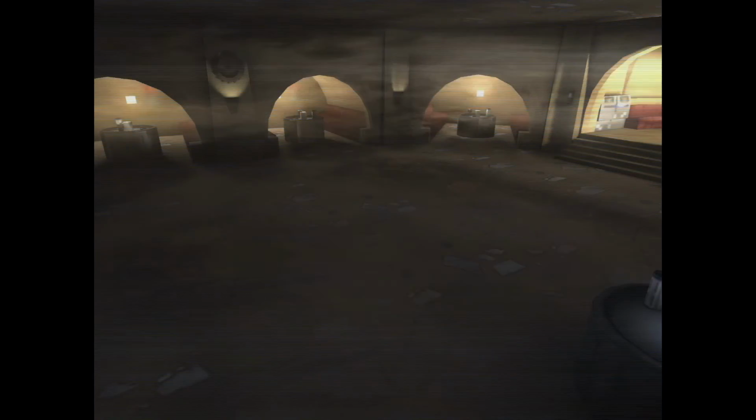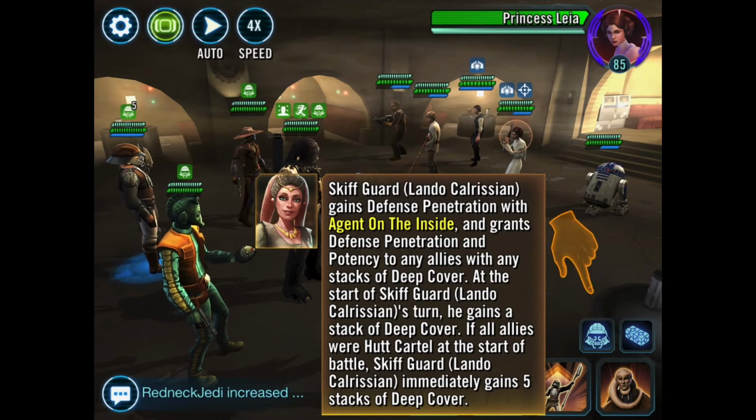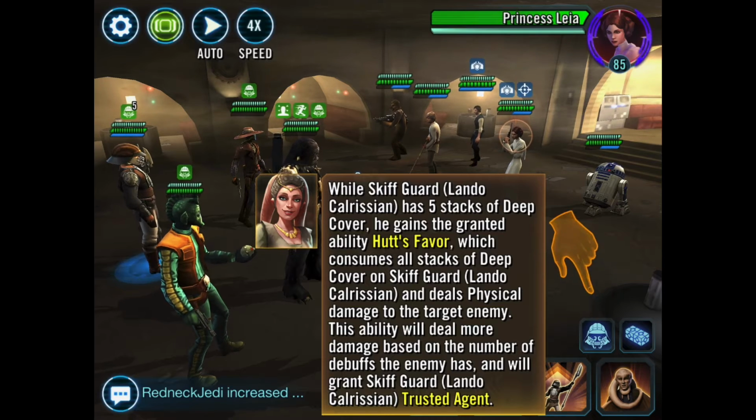You do get good goodies from it, but it's not something I focus on an awful lot. I'm always a little more excited if they're based in Arena. Anyway, Agent on the Inside grants defense penetration and potency to allies with stacks of Deep Cover. He gains stacks of Deep Cover if all allies are Hutt Cartel. When Skiff Guard Lando has 5 stacks of Deep Cover, he gains the granted ability Hunter's Favor, which consumes all